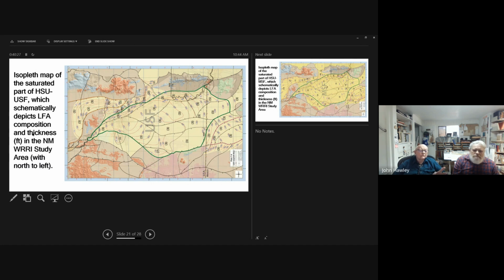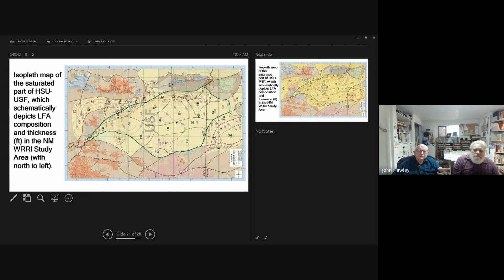In this case, because it's a New Mexico project, we do the thickness, we contour the map thickness in feet of saturated sediments.